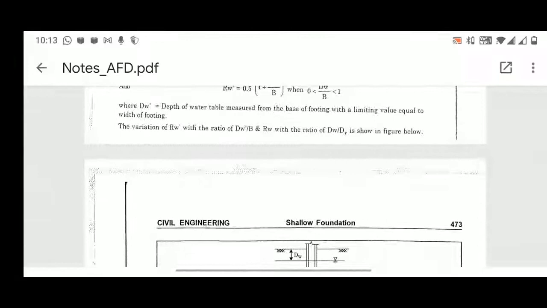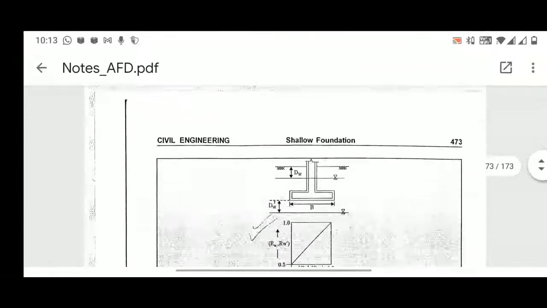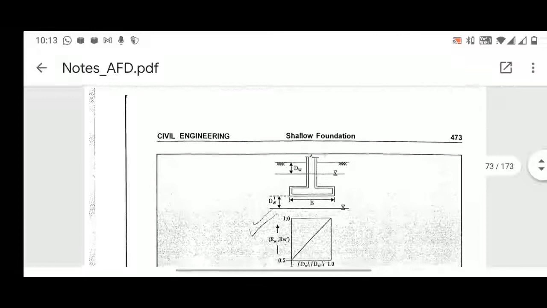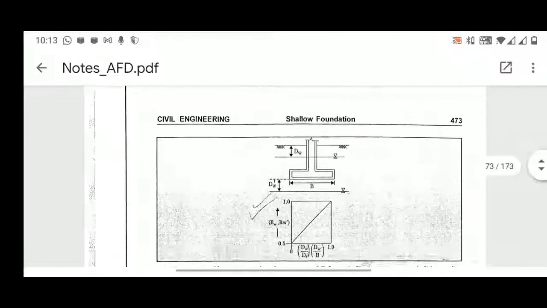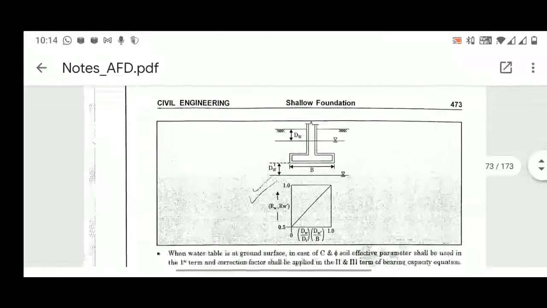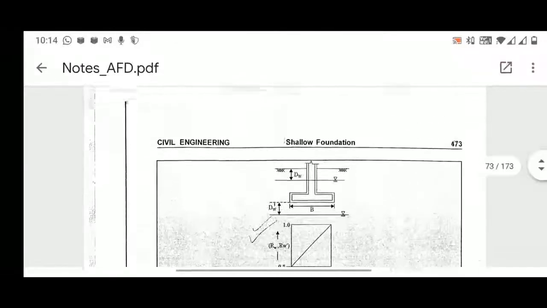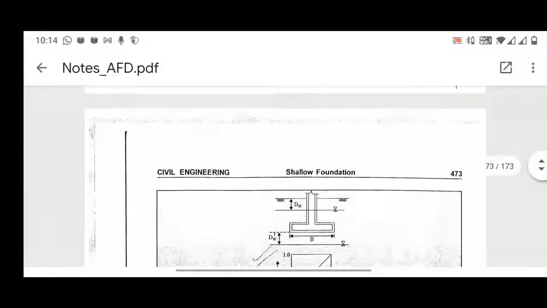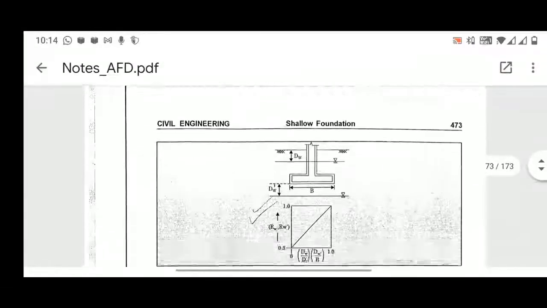Hello. Yeah, sorry to interrupt in between. Okay. So we have a foundation, and from this figure you can see the foundation has width B, and the dw is shown, where the water table is located at a depth dw. In another case they show in the same figure that the water table is located at dw dash. Now whatever I have discussed so far is another way of modification in the bearing capacity due to water table.